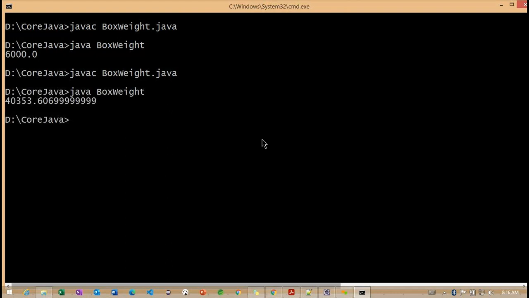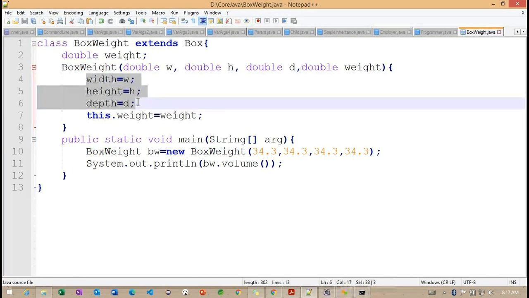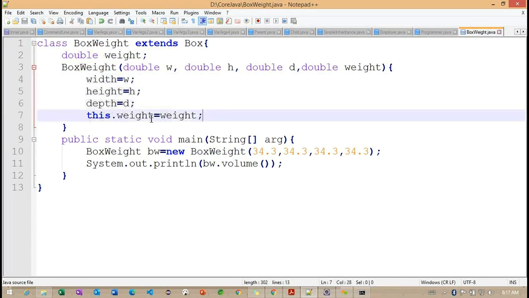So basically, previously also we expected this particular output here, but we could not get it, because we did not change the box class parameters information. Right now, we changed this particular information. With the help of this box weight class, I'm trying to initialize the superclass variable and the subclass variable here.